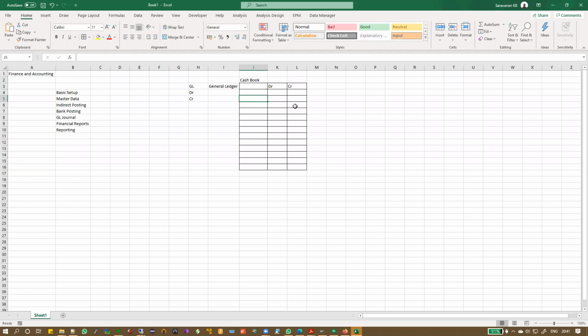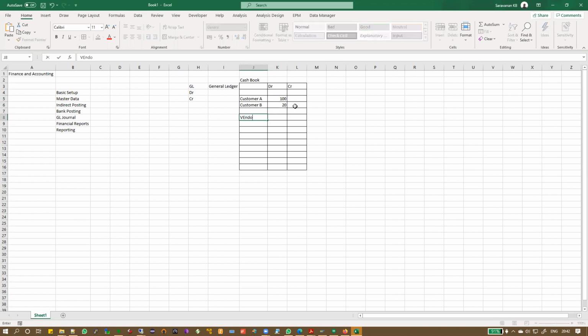When somebody gives you money, let's say for example somebody A, he came in, he bought something, so he gave you 100 rupees. So you debited by 100 rupees. This is a customer, customer A. He came in, so you got 100 rupees. Then customer B bought something for 20 rupees.